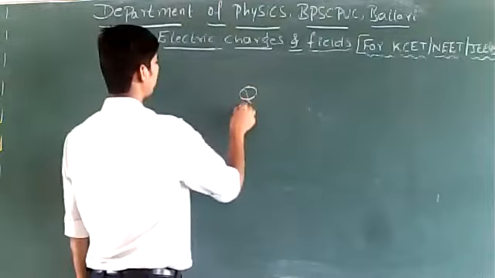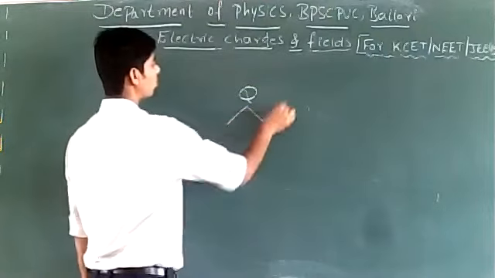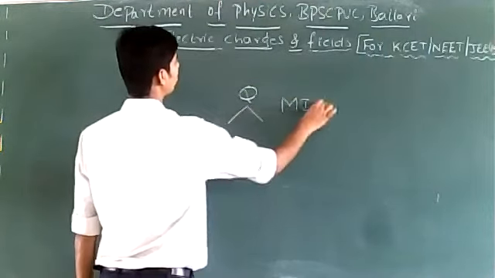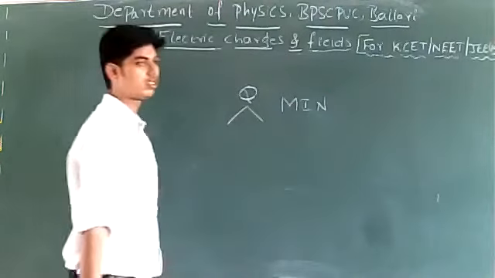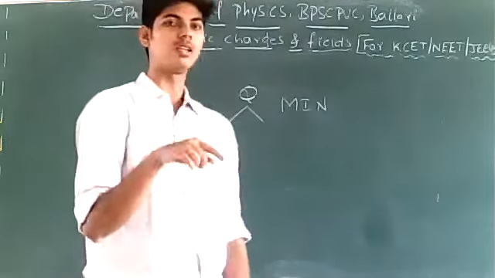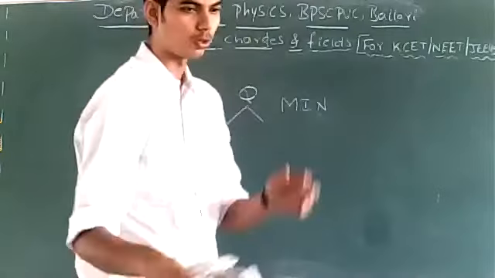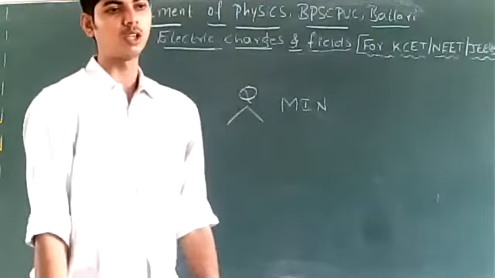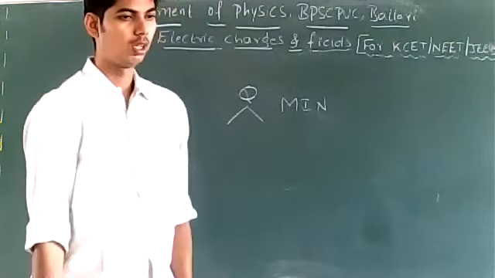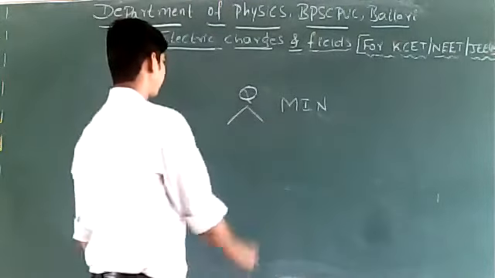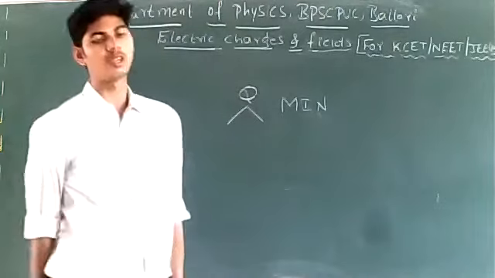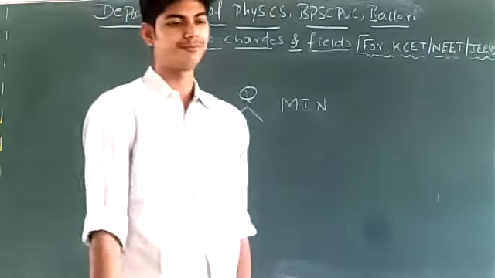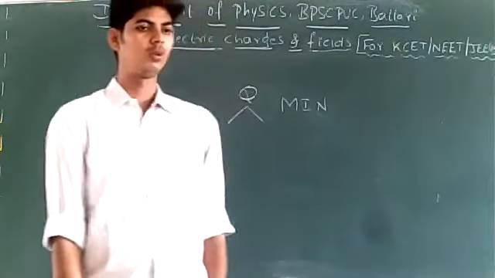Suppose I want to divide charge Q into two parts so as to get minimum force between those two parts. How is this charge capital Q to be divided so as to get minimum force? How must this be divided so as to get minimum force between them? Do you remember?